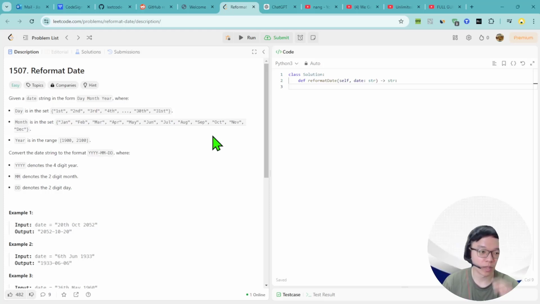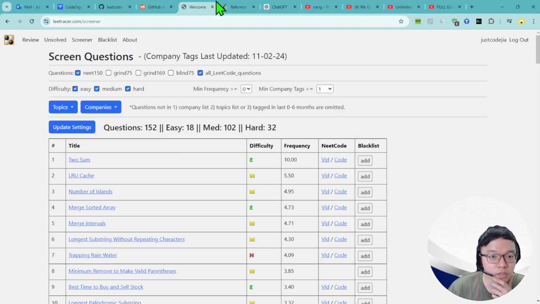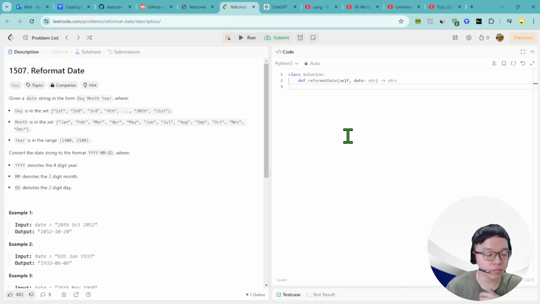So, I'm going to be doing another Leetcode question here today. It is called Reformat Date, okay? It's from the LeetCode tracer, given by, actually, it's TikTok. So the day is in the set: first, second, third, fourth, up to 30th, 31st; the month is January to December; the year is in the range